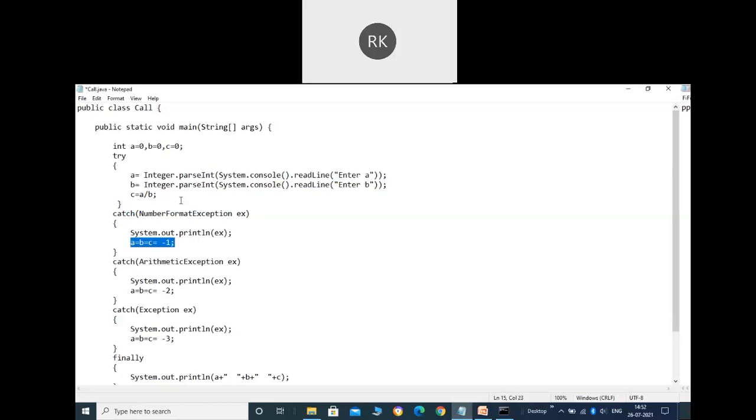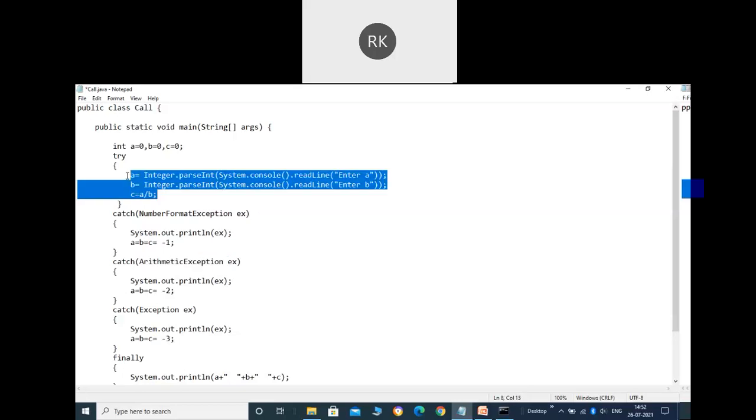Okay. And let's suppose there is an exception at the third line. So what type of exception will it be? It will be the ArithmeticException. In that case, first it will go to the first catch statement where the class will not match. Then it will move to the next one where the class matches. So this particular catch block will execute. So remember how it is going to be executed: it will check the catch blocks one by one, and where the class matches, that particular block will be executed.